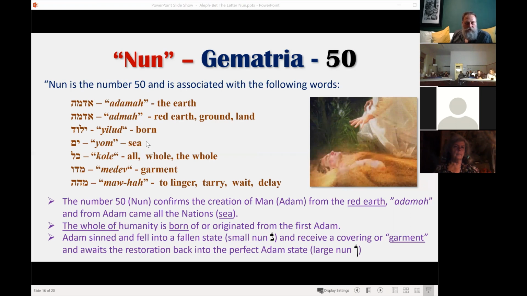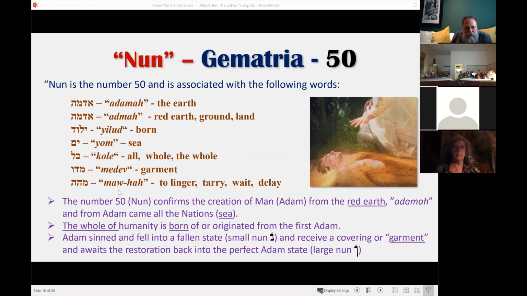That's also linked to water, which is the context of Mem, as well as the nations. Kol means whole, or to be whole, to become in the fullness, and that's the large Nun, or the maturity. We get the word Medev, that's garment, that's a covering. Adam and Chava, or Eve, was covered after they sinned, and that's where the grace, or the number 5 or 50, comes in. That's that covering that keeps you alive, which is also linked to the Manna, until your elevation, the final elevation when Messiah arrives on his second coming.